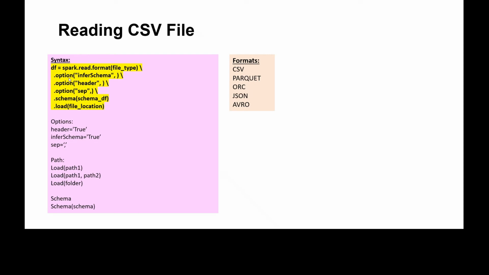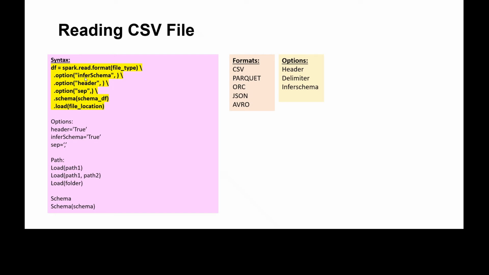And moving to the next option, that is option. In the option, now there are many parameters, and these are optional. These are not mandatory. If needed, we can supply or we can ignore. So the most commonly used options are inferSchema, header, and delimiter. InferSchema, basically, if we want to determine the schema of the CSV file, then we will give this option.